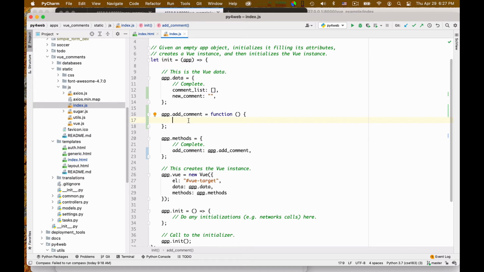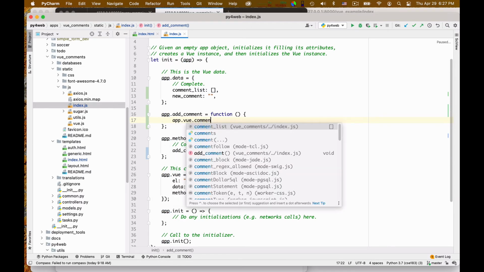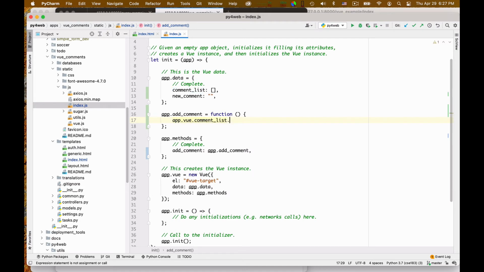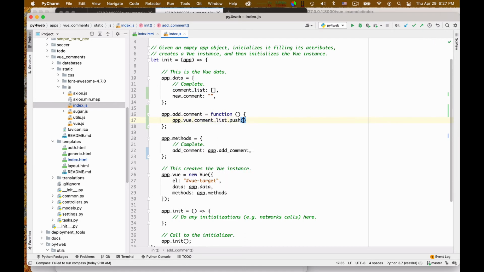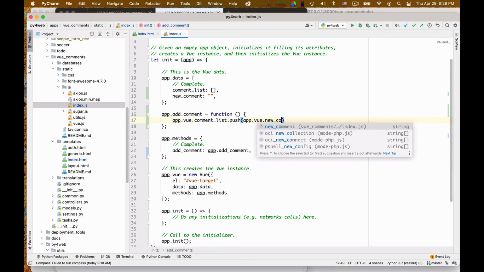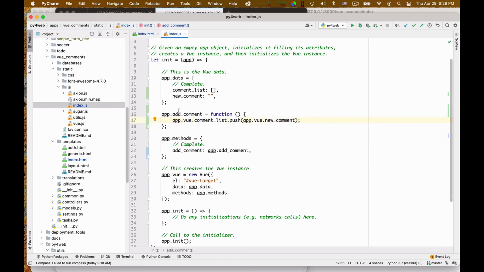This is actually easy to do because I can say app.vue.commentList, okay, dot push to add an element to it, and I push into it app.vue.newComment. Right? So this app data is fed to Vue as data, right? When I created a new Vue object.